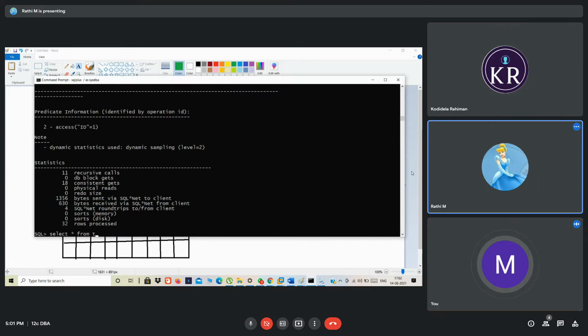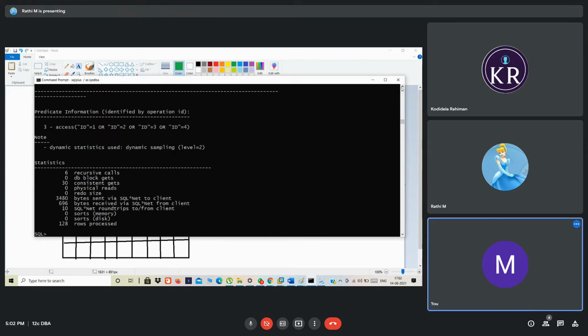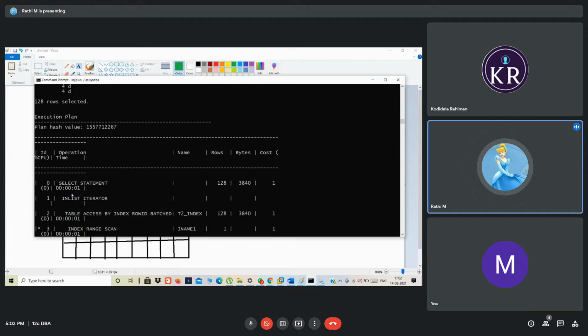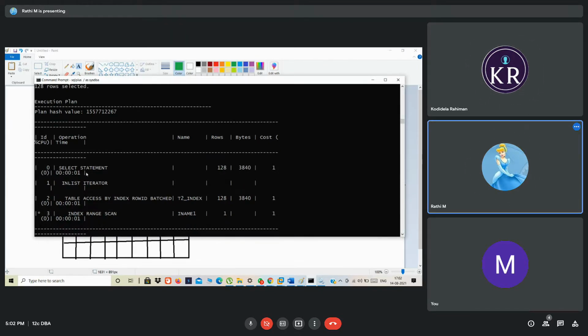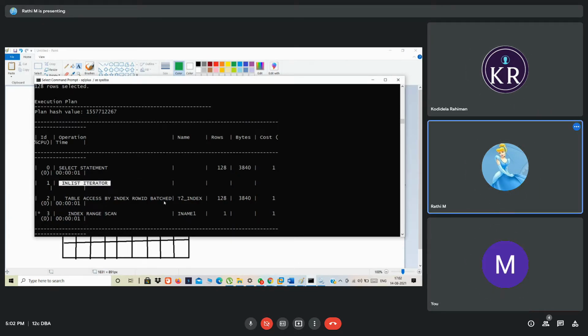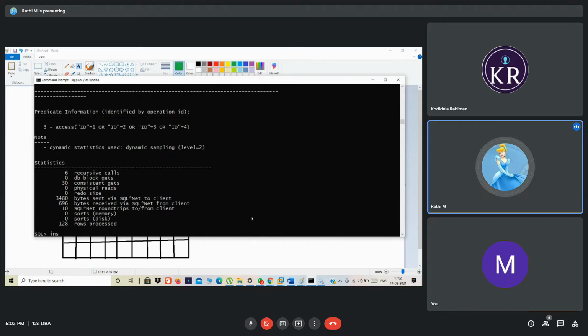Select star from P2_index where ID in 1, 2, 3. Now how many records? 128 records. Can you see now? Now it is going to which one? Index range scan. இன்னொரு டிஃபரன்ஸ் பாருங்க. In list operator. தெரியுதா? இதை இன்னும் நல்லா புரிய வைக்கணும் அப்படின்னா ஒரு 2 minutes வெயிட் பண்ணுங்களேன். Insert into P2_